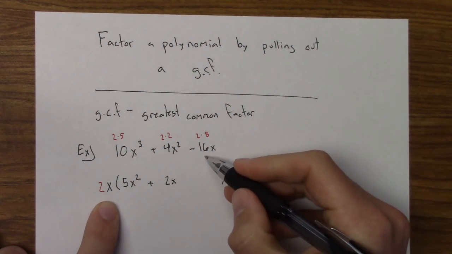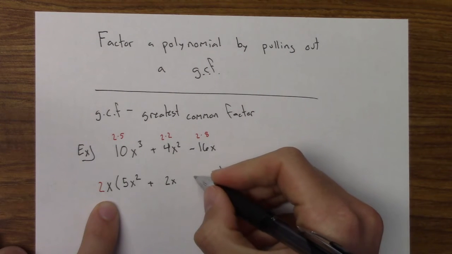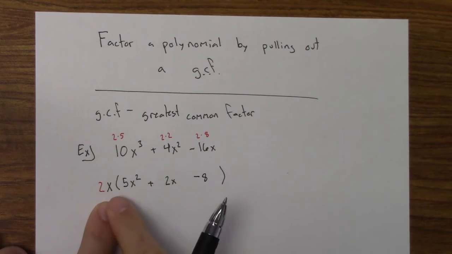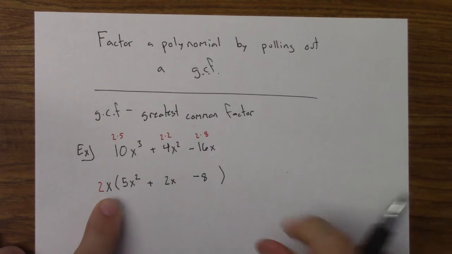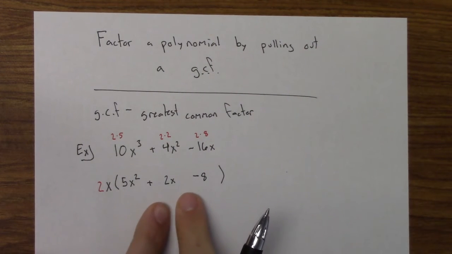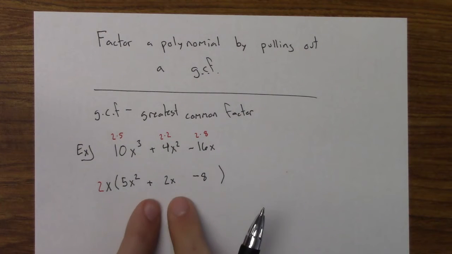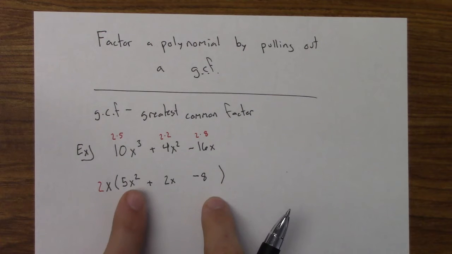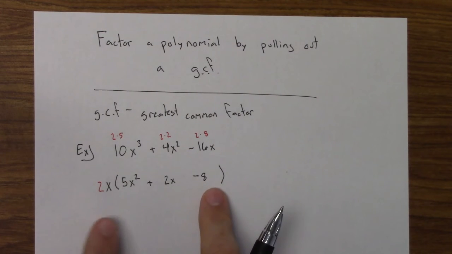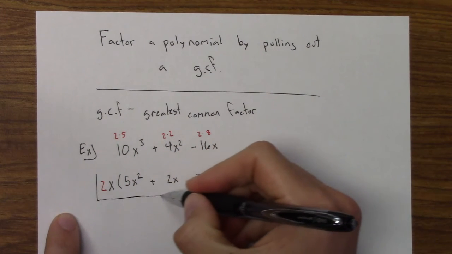And then finally, for this last term, if I pull out a 2x, I still need a minus 8. 2x times a negative 8 is a negative 16x. If you look at these remaining values in the parentheses, there is no more I can pull out. 5 doesn't go into 2 and 8. There isn't an x on this term, so I can't pull out an x,